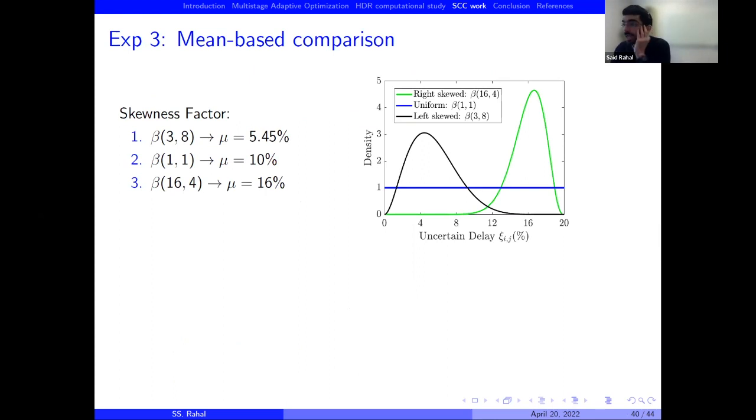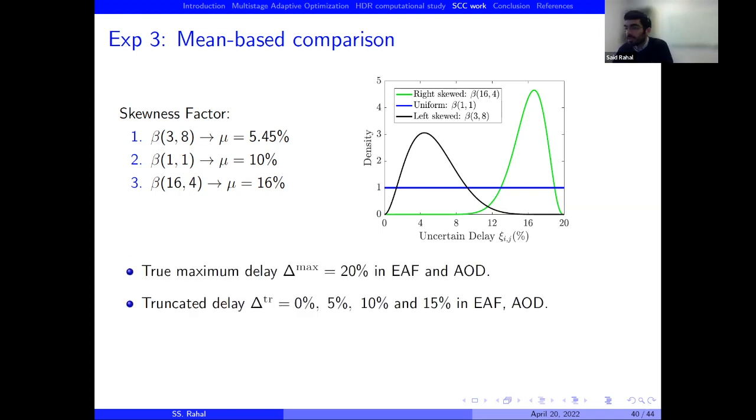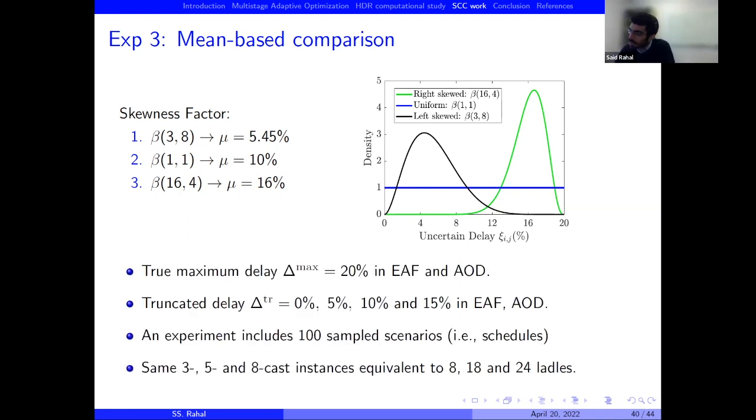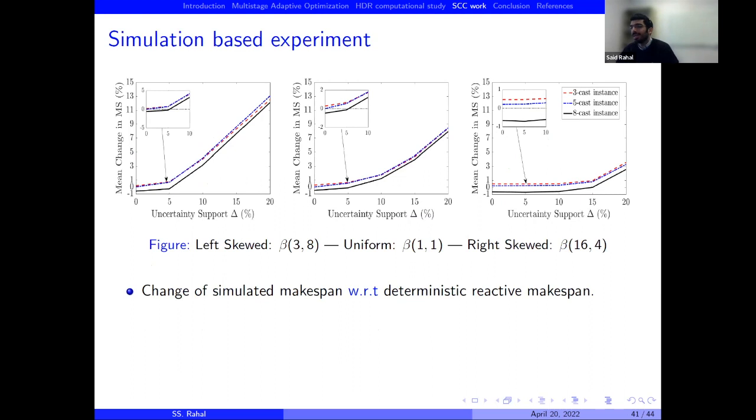So to see how it works, quickly, in 5 minutes, I ran this experiment based on 3 different distributions. And here the main element of the distribution is the skewness. So right skewed, uniform, and left skewed, or the asymmetry, some people may say. And here we have some parameters for the experiment. I used 100 sample scenarios for the simulator. And here what we see,